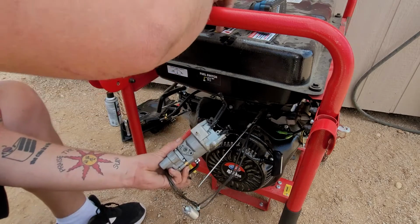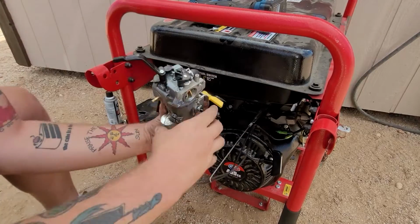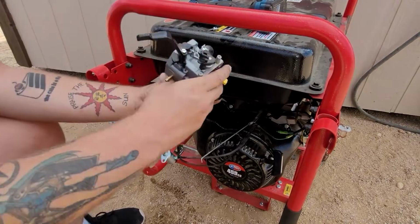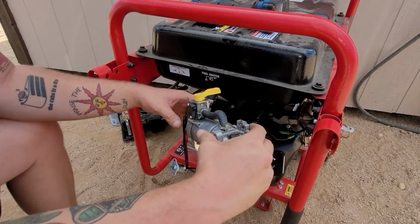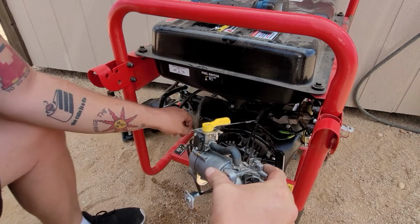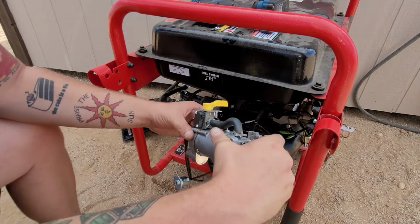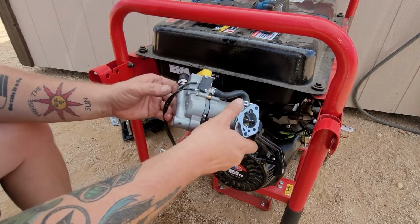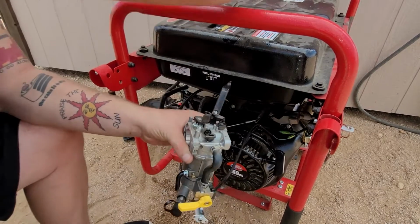Should have no problem. It's going to leak gas all over me, and that's fine. That is fine. Okay. Now that we got that, now see, like I said, this is a different kind of carburetor. There's also 2 bobbers here. So what I'm actually going to do for this type of carburetor